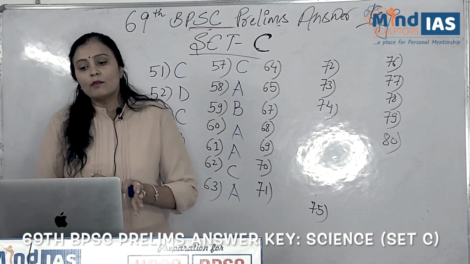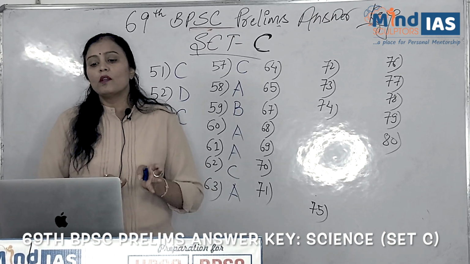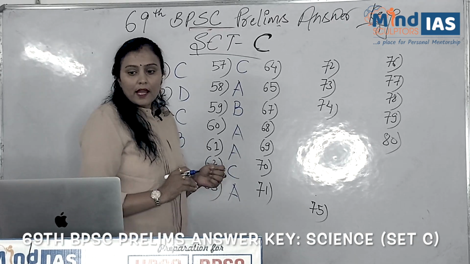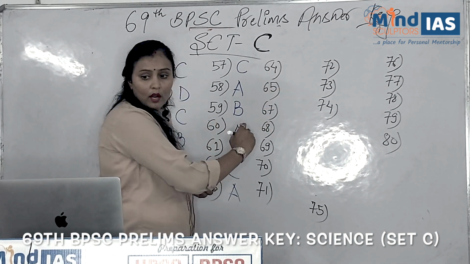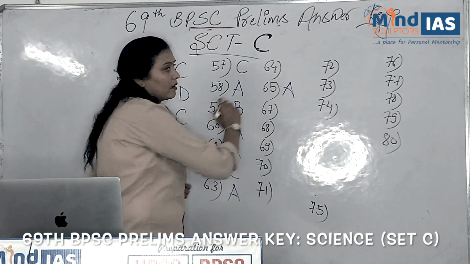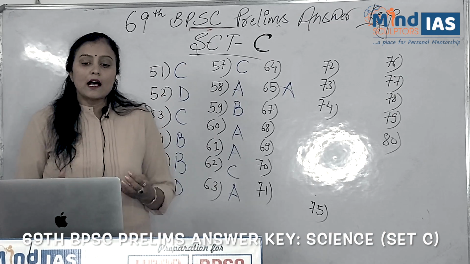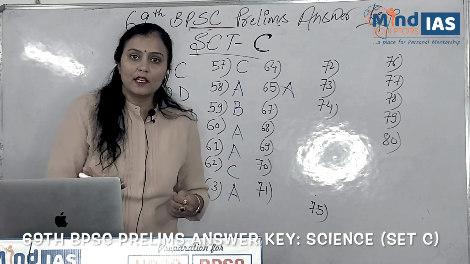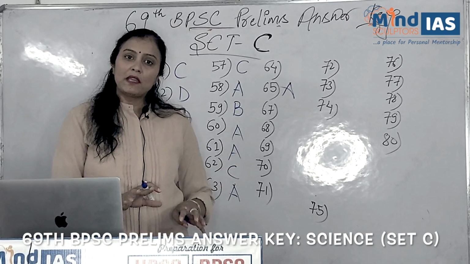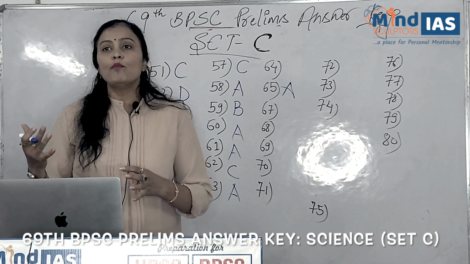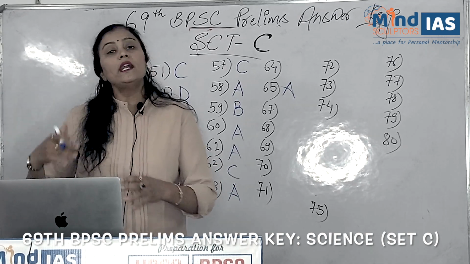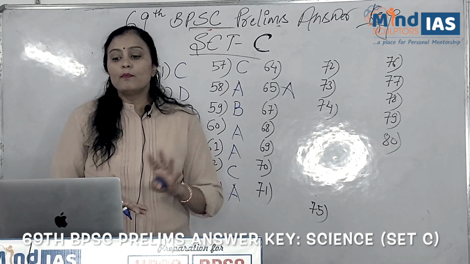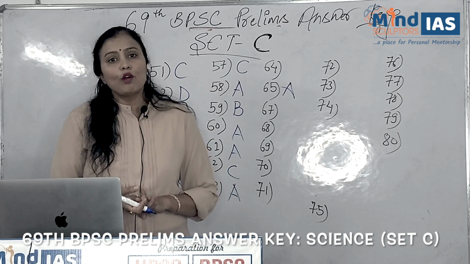So in medical chemistry, the most common basis is your molecular target. So the right answer for this question is option A. Maybe a few students ask why not the chemical structure is the most common basis of classification. As you know, the same chemical works differently in the body of different human beings or in different environments. So we cannot say that chemical structures are the most common basis of classification of medicines.